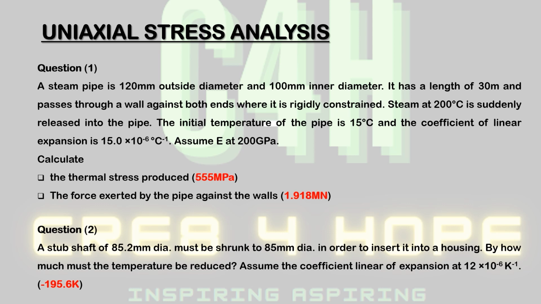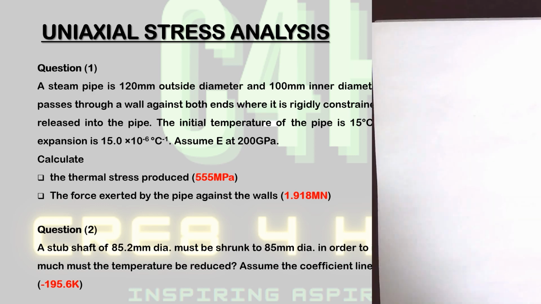Assuming that the Young's modulus of the material used in manufacturing the steam pipe is 200 GPa, we've been tasked to calculate the following. We need to calculate the thermal stress produced due to the steam, and also the force exerted by the pipe against the wall. And we're going to look at this from two perspectives. So these are the expected results. In terms of the thermal stress, we are expected to get a value of 555 MPa. And in terms of the force exerted by the pipe against the wall, we're looking at 1.92